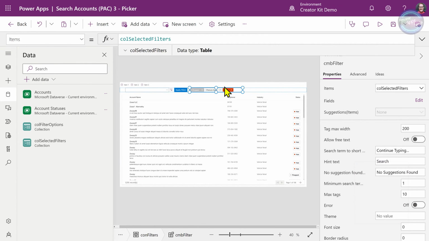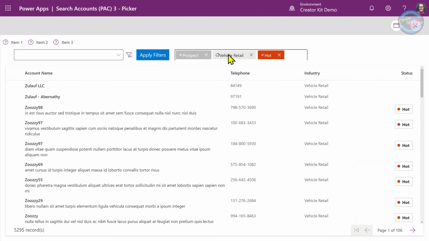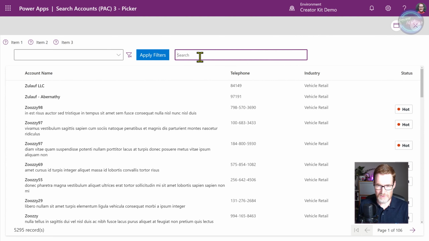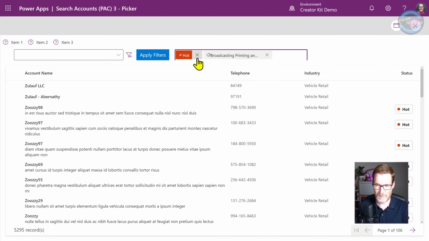So you can immediately see, there we go. It's showing the items that we've already selected, and I can now remove them. But we also want to make sure that the height is going to respond to the items, because if I add in lots of long items, you can see it's sort of scrolled off the bottom here, because it's going to wrap. And obviously I could make it much wider, but on a narrow format, that's not going to